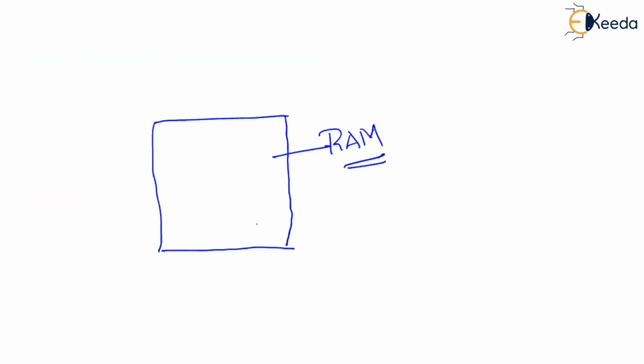Now, the system works perfectly fine as long as this RAM works, right? The system will not have any trouble whatsoever. But one fine day, you lost access to the system. That is, the system stopped functioning. Now, let me tell you something. When a system is giving some trouble, it is not booting up, it is not functioning correctly.